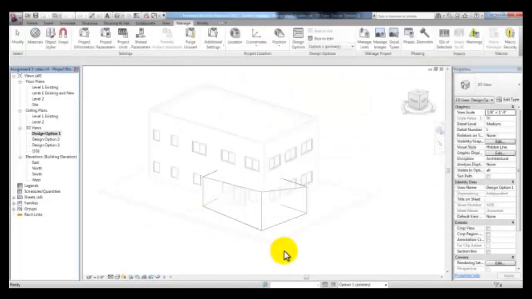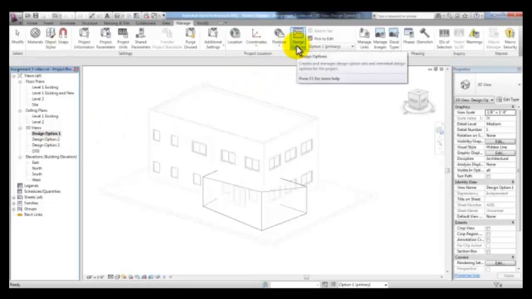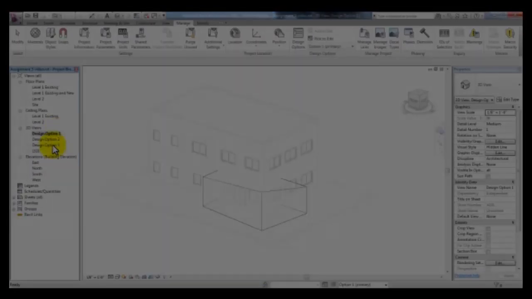When you're done with your design options and you've decided that Design Option 1 is the final option, you can go to Design Options and accept that primary option as your final option. For this video and course, we'll keep the other design options